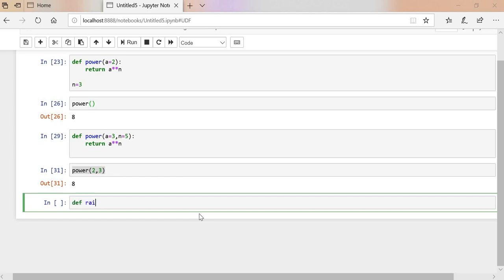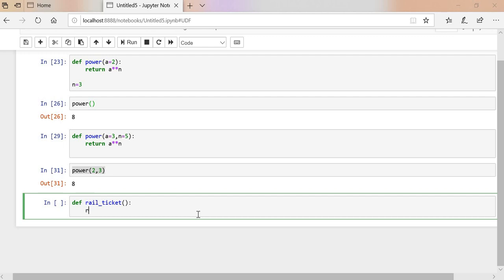def rail ticket. This time I will not give any parameter inside this one. I want to know the total price of the ticket. So what is the total price? That is quantity multiplied by the unit price.